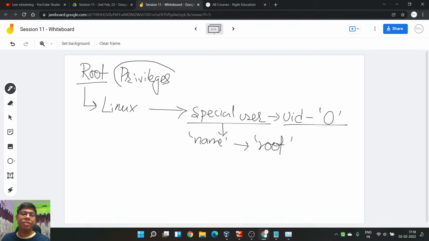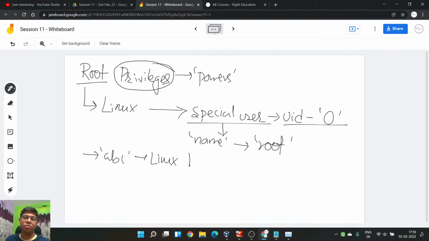So it means whenever there is any user with UID 0, that user will have the privileges. What is the meaning of privilege? Privilege means some extra powers. So if tomorrow, let's say some person ABC comes up and creates one Linux distro.